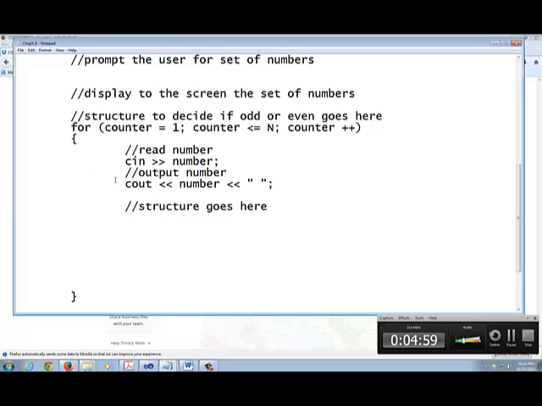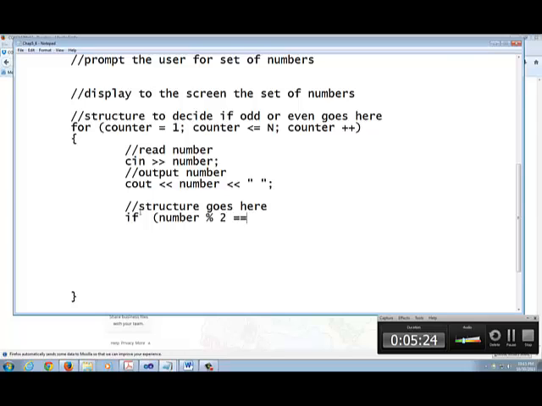Here's my for loop, right? I read this thing in. Now it's becoming number. The number is number here, and it's outputting with the string. Now I need to write inside of this. I'm going to start with an if statement, nested in the loop. If number, which is this number on the top that I just did, is mod by 2,